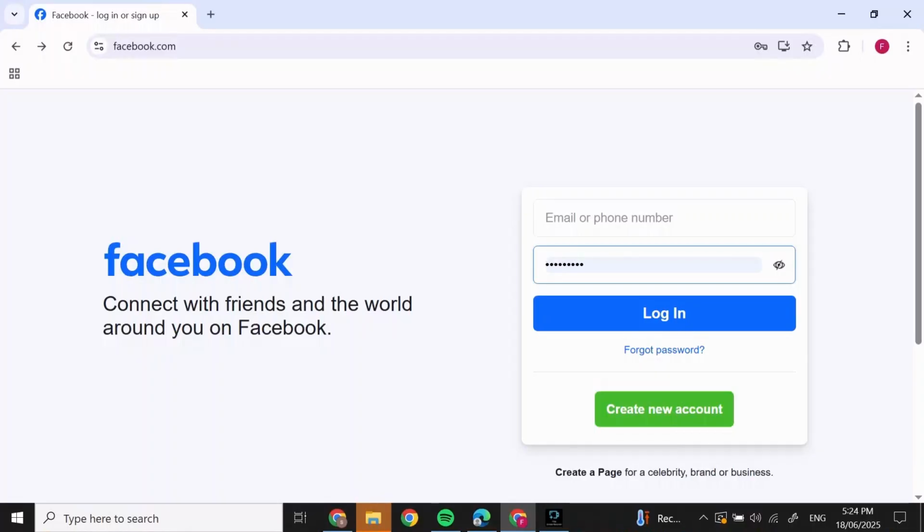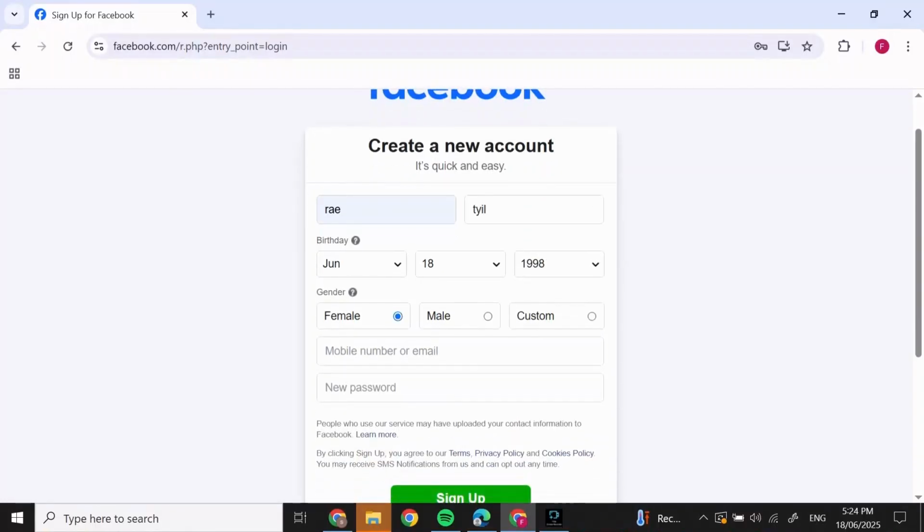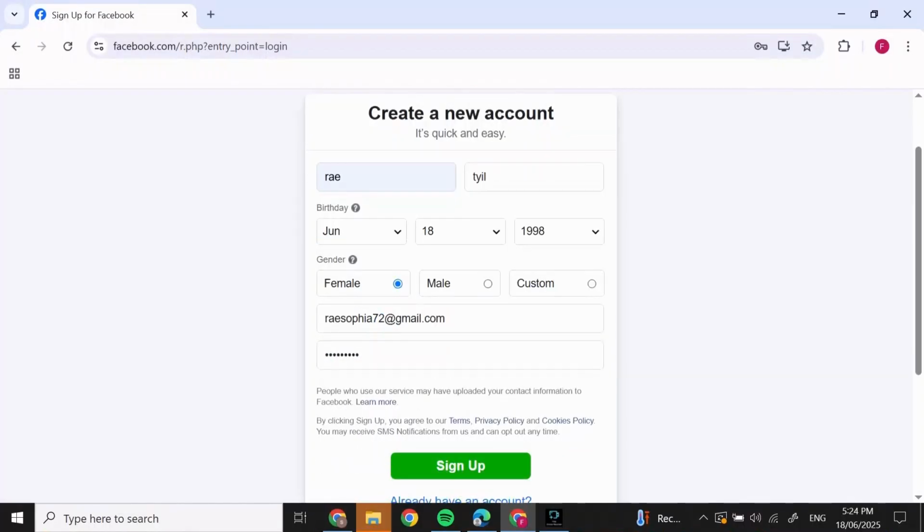First, go to facebook.com. There is no other way to create a business page without a personal account. So click on Create Account and then add your first name, last name. Make sure it's business. Then add your birthday, gender, your email, password, and click on Sign Up at the bottom. After that, it will sign you up with this email ID